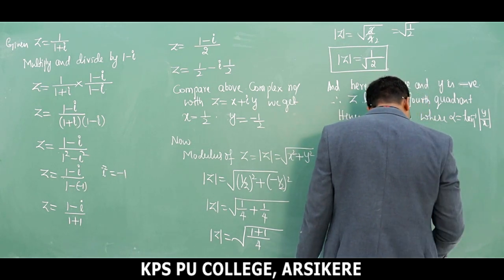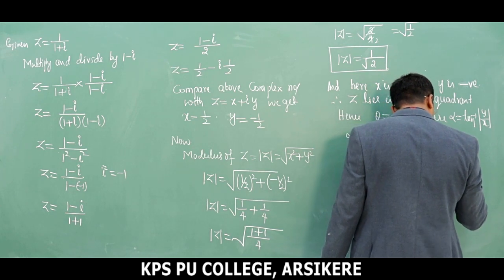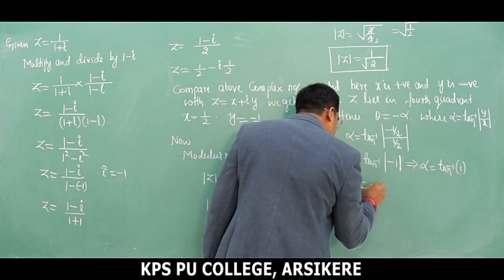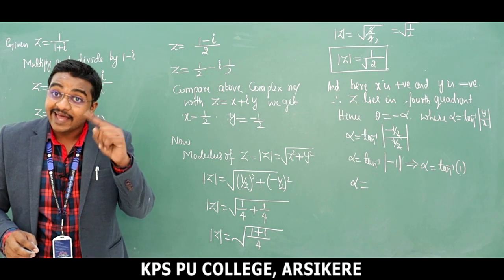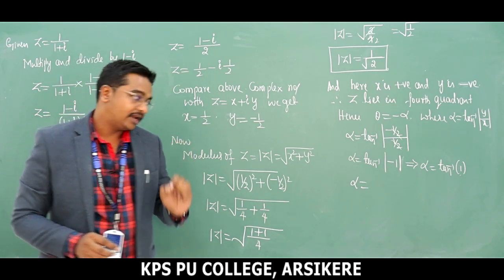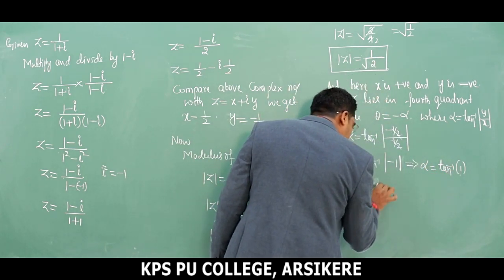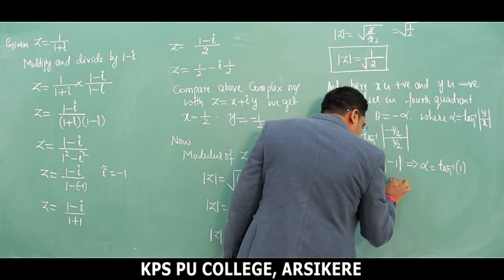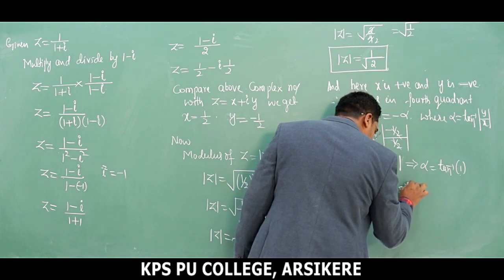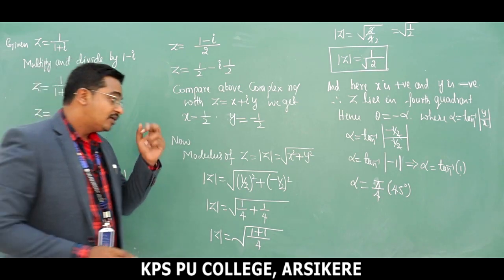which implies alpha is equal to tan inverse of 1. Therefore alpha is equal to, just observe here, when tan becomes 1 at the angle 45 degree, right? So therefore tan inverse of 1 is pi divided by 4 or 45 degree, right? 45 degree. Is it understood, children? Therefore the argument